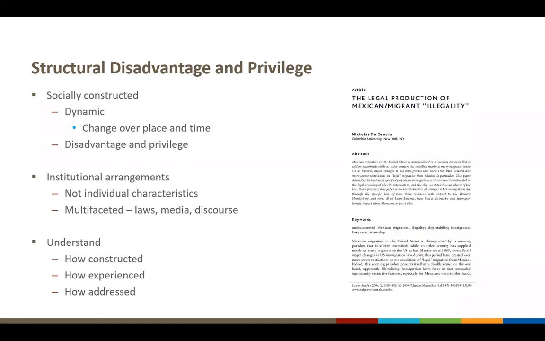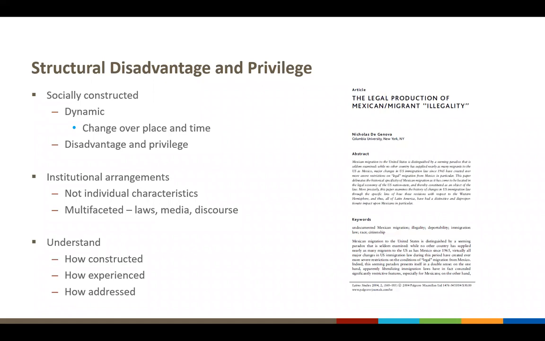It's also important to remember that these are institutional arrangements, right? Not characteristics of individuals, but the way we've arranged society and classified people. And the way structural disadvantages and privileges occur are multifaceted. It's not just one law, it can be part of laws, it's part of the media, it's part of the political discourse. All of these things interact with one another to contribute to how these disadvantages and privileges are experienced